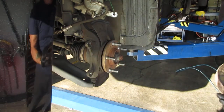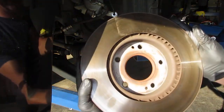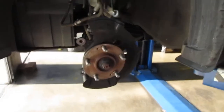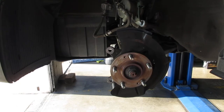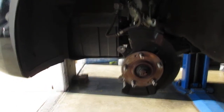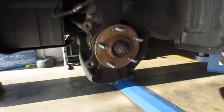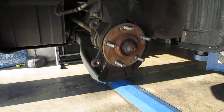Okay, so we're looking at the back of the surface. You can see this got real hot back here also. So then we're going to look at this face, and this is all rusty. All this surface area here, it's not supposed to look like that. Put this in a little better position. So all this rust you see in here, that's not supposed to be there. So